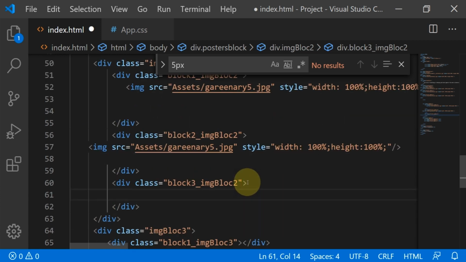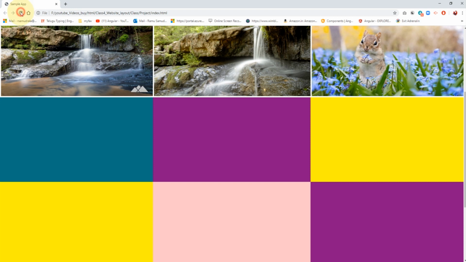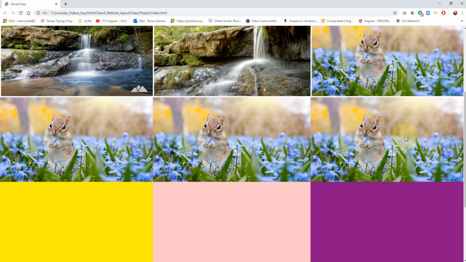If I did the same thing, then what will happen, just see once. Yeah, it's already maintaining some equal space from the image above. So we don't need to write anything for maintaining top image to bottom image spacing.